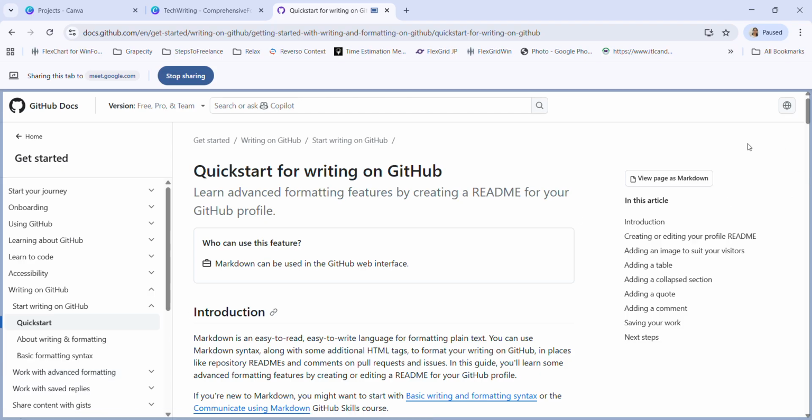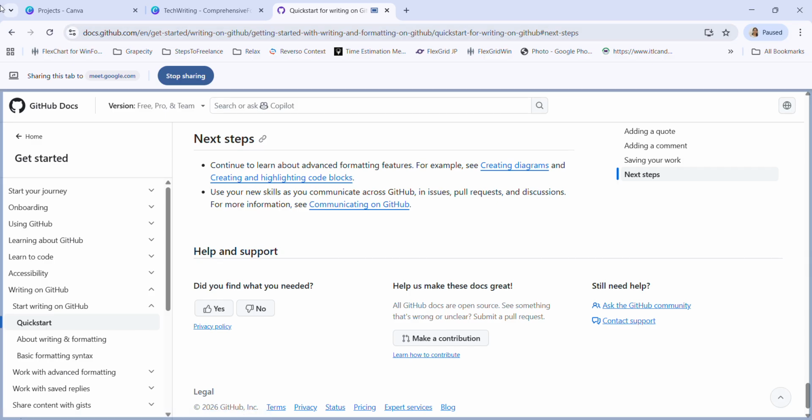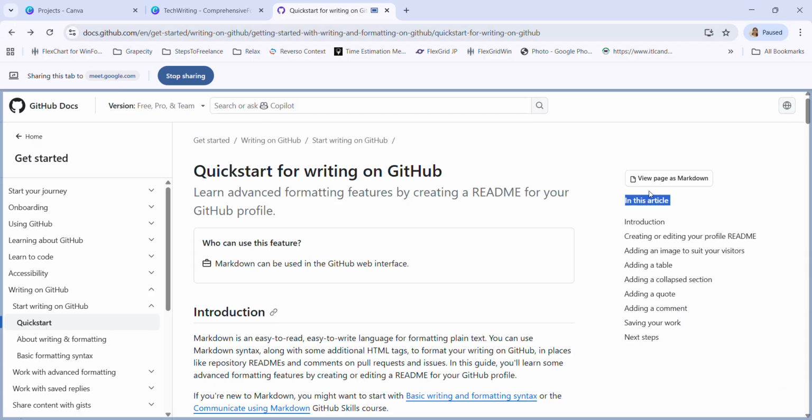Come down and look at this article page, in this article section, this one. Introduction, creating or editing, adding an image, adding a table, adding a collapsed section, adding a quote, adding a comment. Do you see any standardization here? Saving your work. Do you see any pattern?